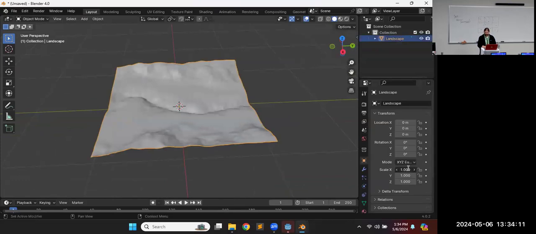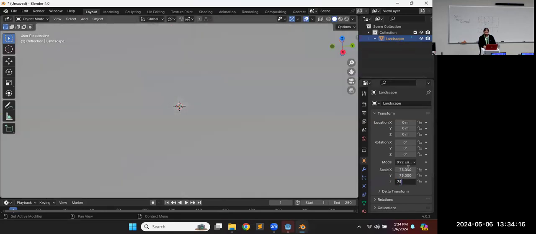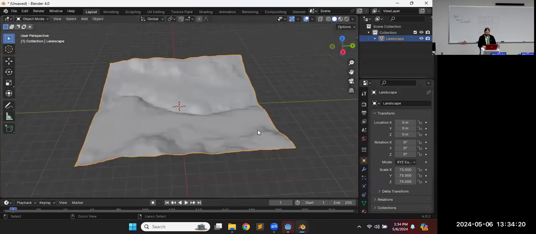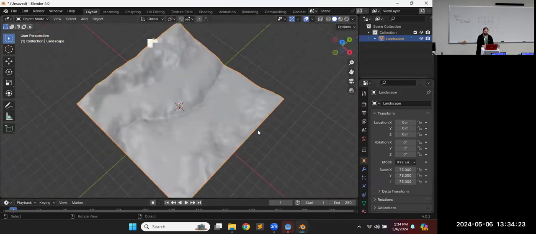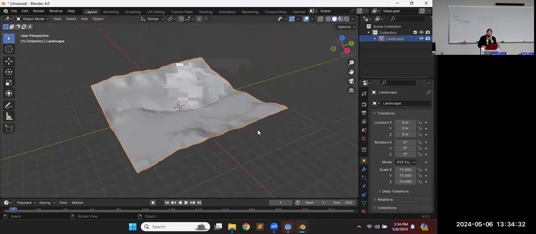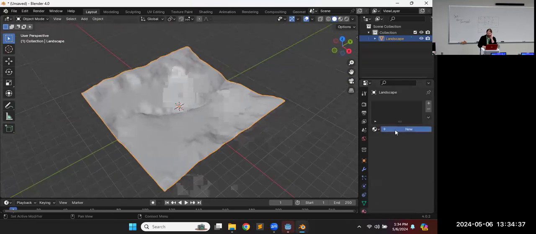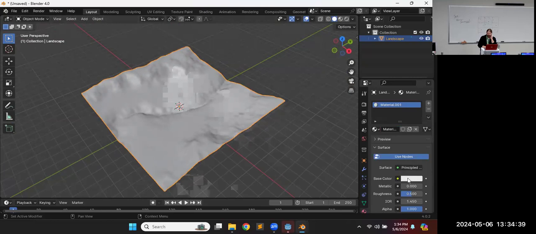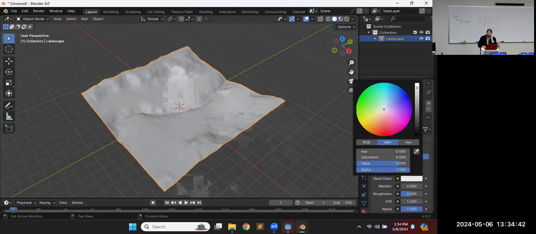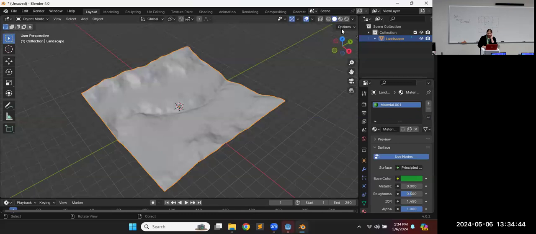Maybe stretch this out a little smaller, maybe like 75 each direction this time. That's big enough for a character to walk around it, but yeah, we're getting ready to do something that you probably need a GPU to really get. Hopefully we won't bog computers down with something this size. And we can throw in a material to give it a color, some nice green color that looks good for beside a